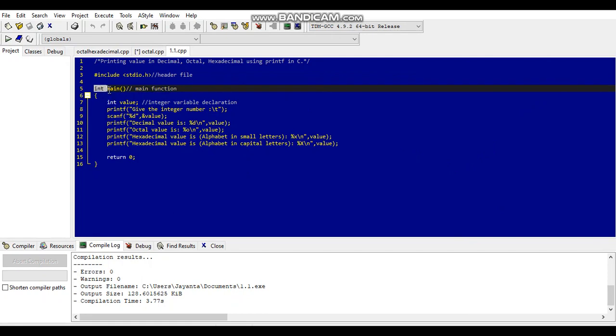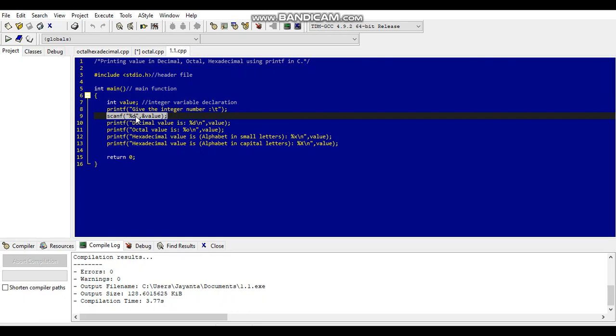Next comes the main function, that is int main. Now in these braces an integer variable named value is declared, through which we take the input, after giving the instruction to give the integer number.